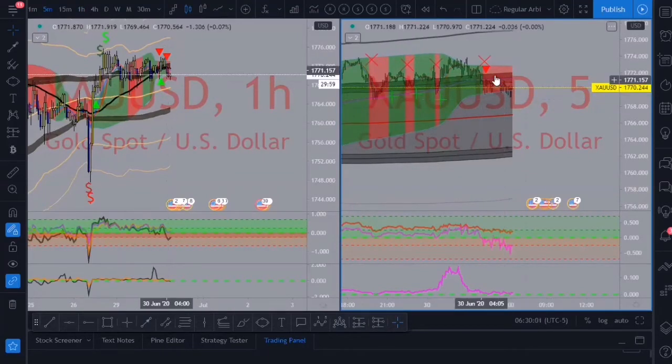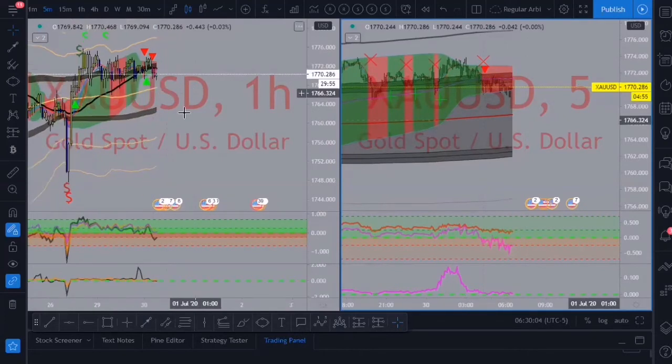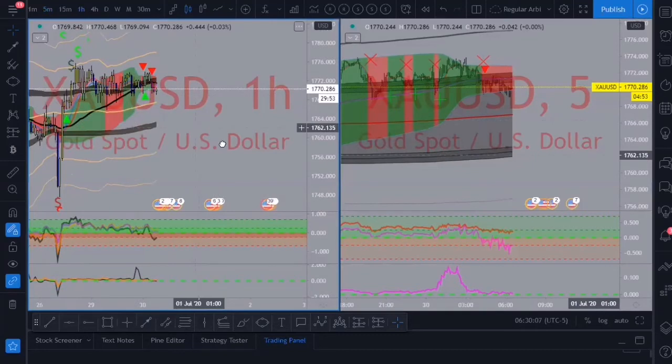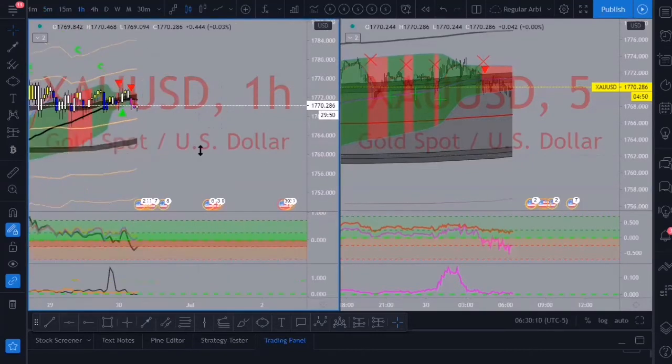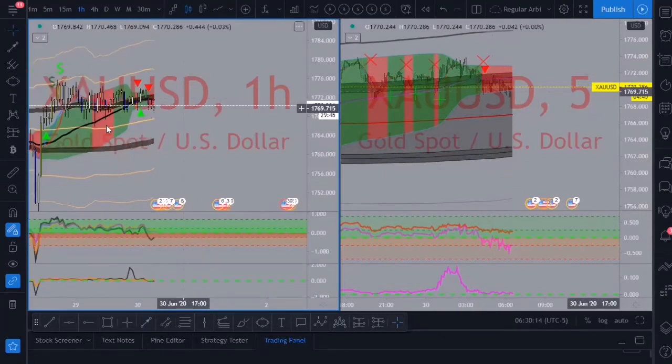We have the break and the retest on the 5 minute, which looks pretty decent. I'm not too keen on the 1 hour with the break and retest. We have this candle go up and retest it, so this could drop at any given moment. I don't like trading gold anymore. I really don't have an infatuation with trading it. I used to love trading it, but not any longer.